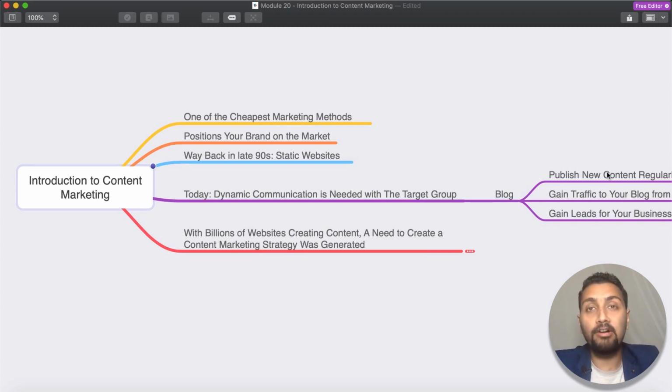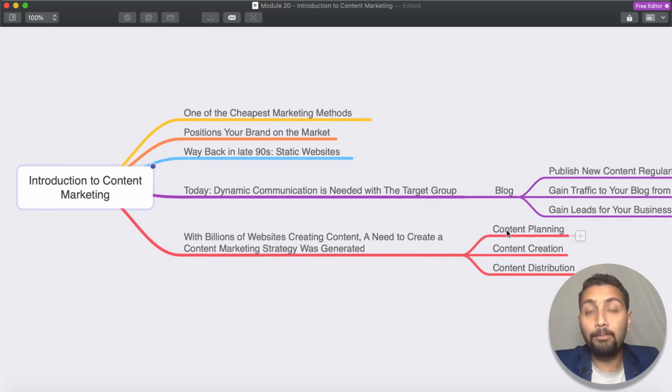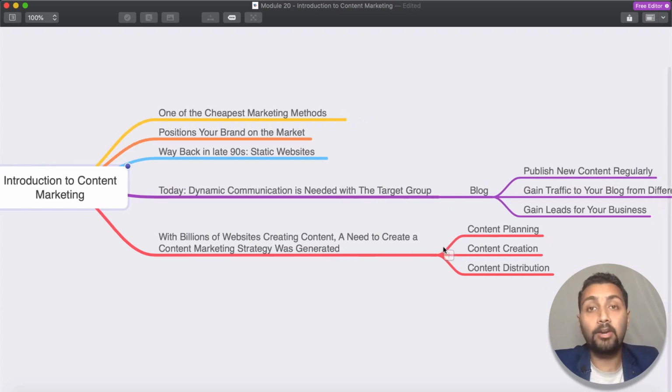If you just consider content marketing as content creation, then you are wrongly mistaken. You are hugely mistaken actually, because content marketing is not just about creating content. It's about planning your content. Okay, and planning actually includes everything that I talked about, thinking about your competitors, what all resources you have, who is your audience, who is your market, okay, and what kind of problems you are solving.